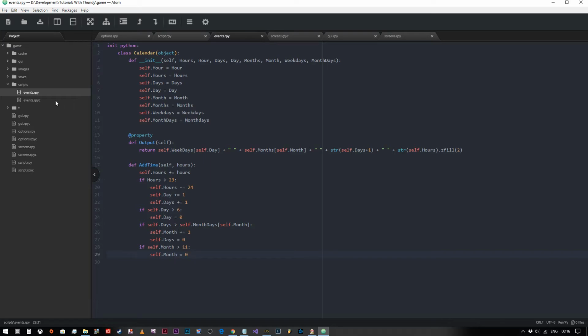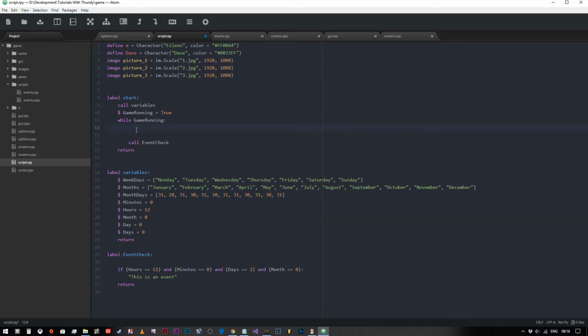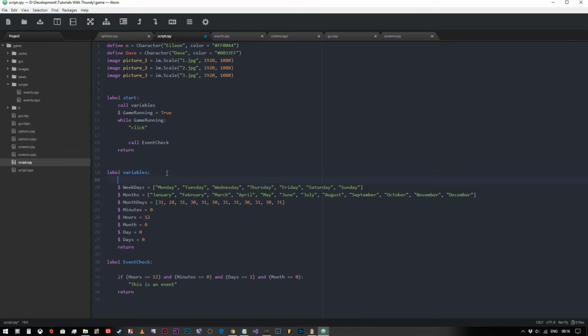Now then, what we need to do at the start of our script here is we need to just create a new clock. So we're going to just delete this and we'll put our clock back in. But before the game does anything else, what we need to do here is create a new clock. So we're going to create a calendar, but we're going to create it with a small c because capital C is the name of our class, equals